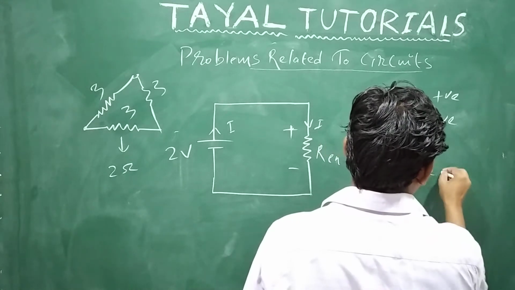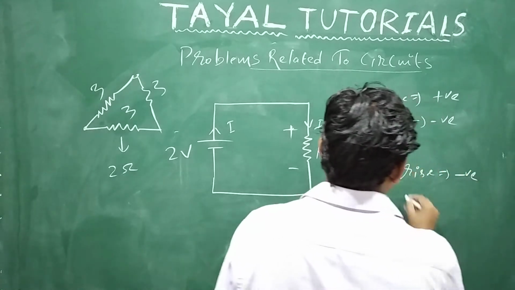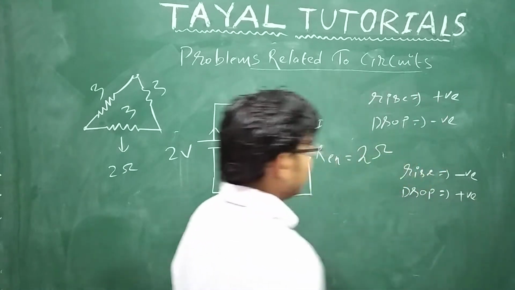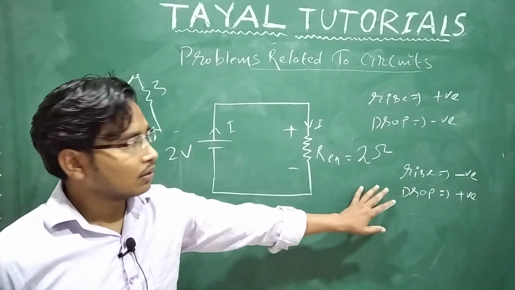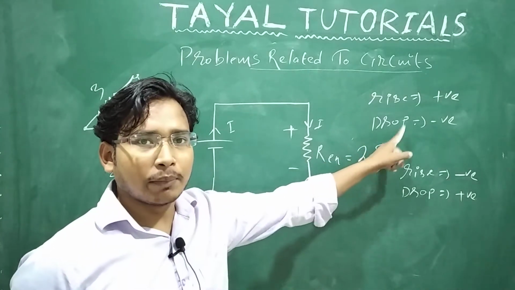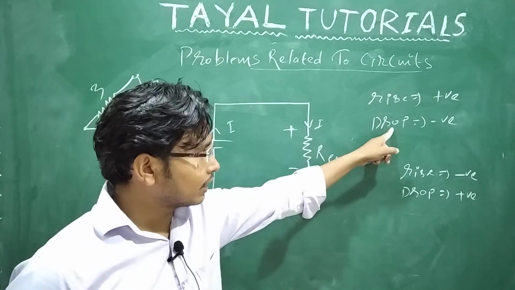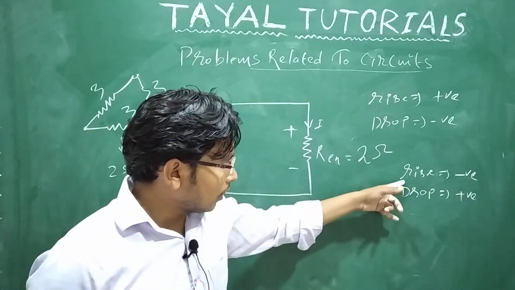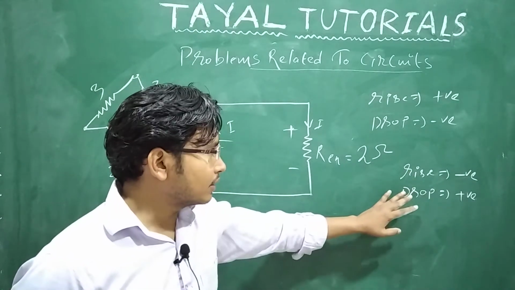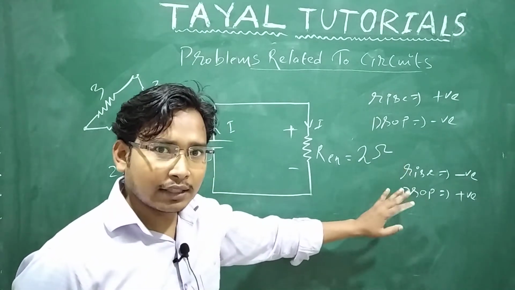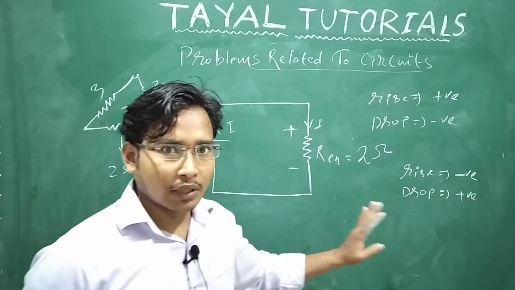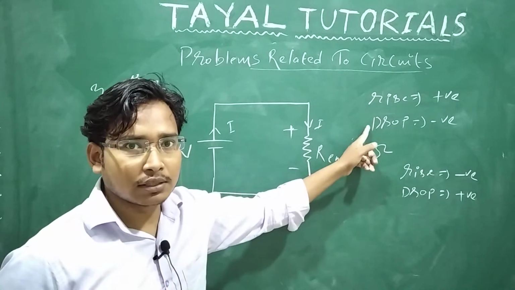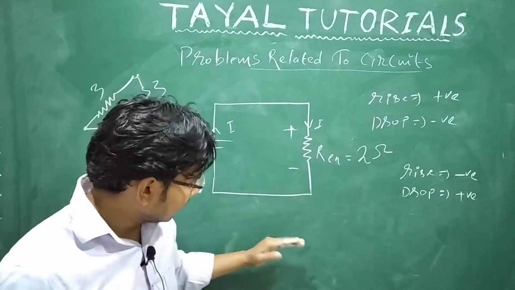in potential positive, drop in potential negative, or you may do it in the reverse way. Rise in potential you may take negative, and drop in potential you may take positive. Okay, you can do anything, but if you follow that convention in a particular circuit, you have to follow that convention until that problem is solved completely. If you mix that, you will get the wrong answer, and that option will be available in NEET or AIMS or IIT, whatever it is. If you follow one convention, you have to stick with that one convention until you get that result.